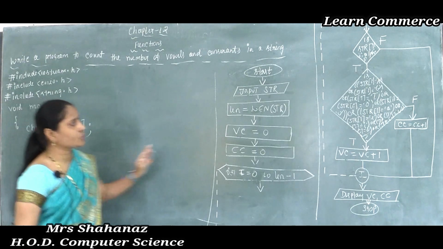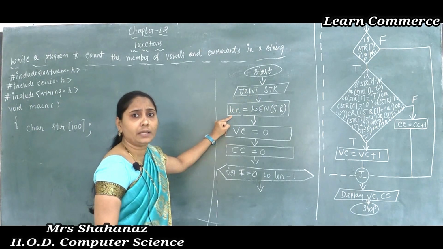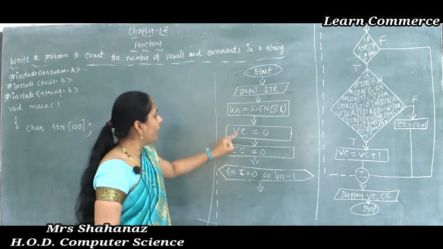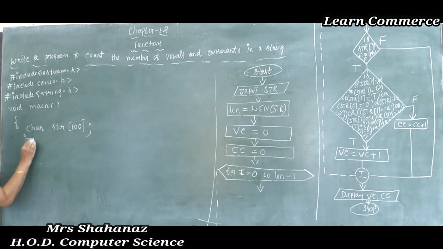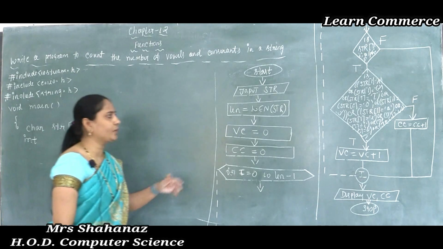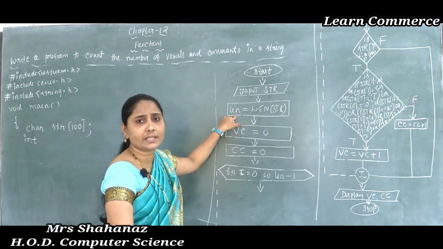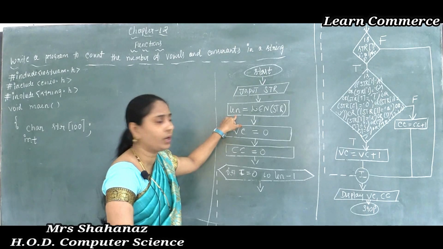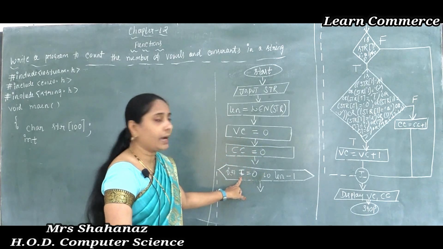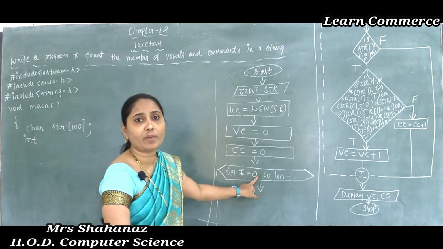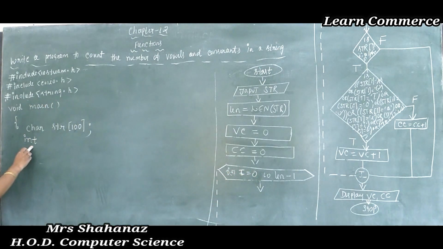And later next one, not just the string, we also need to declare len, VC, CC, so everything we need to declare in this case. So I am using the data type int. Why am I using the data type int? As we know, the length of the character may be 13, 14, 16 like that, a whole number. VC value is 0, whole number, CC value is equal to 0, whole number, and also the i value is going to start from position value 0, 1 or 2 or 3 like that. So no problem to take the data type int.